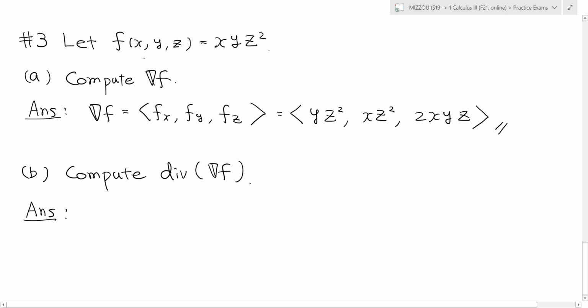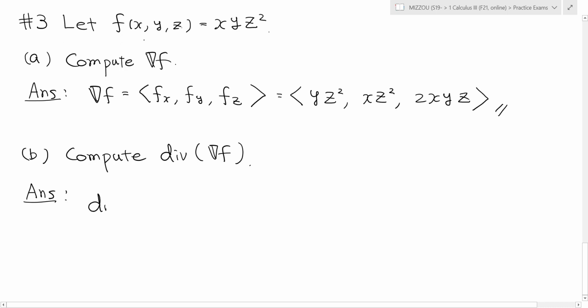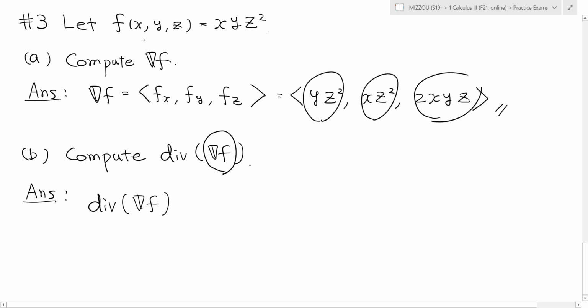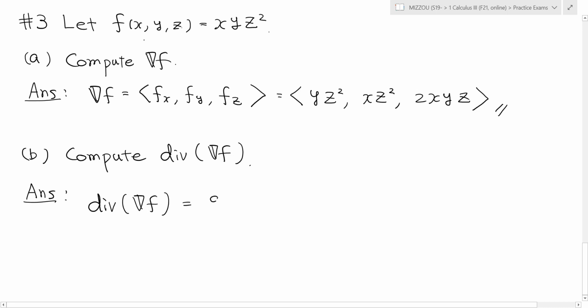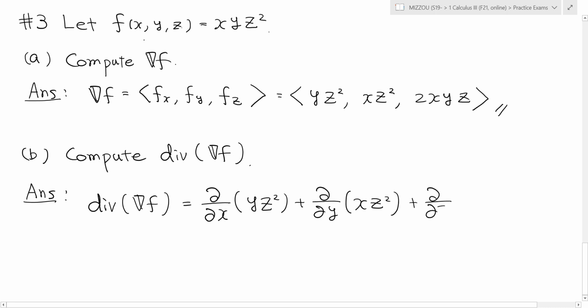So remember, divergence means that you just differentiate each component of the given vector field with the corresponding variable, and then add them all. So this is partial x of yz squared, plus partial y of xz squared, plus partial z